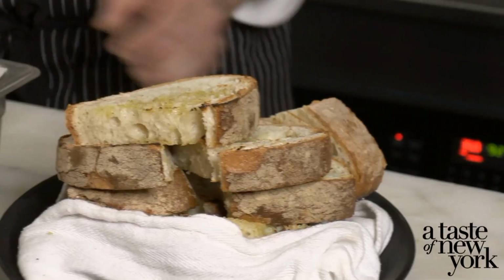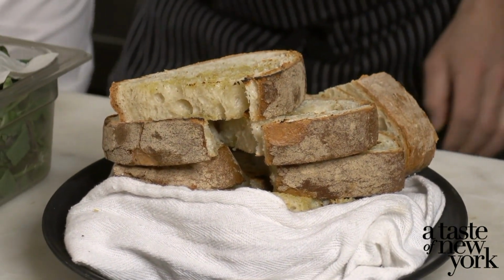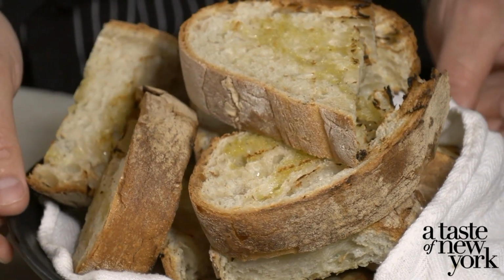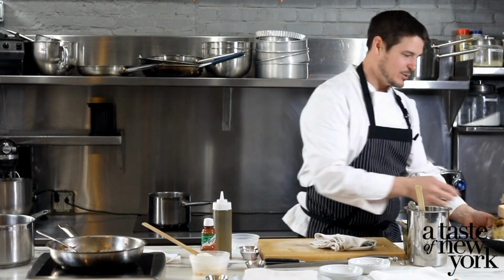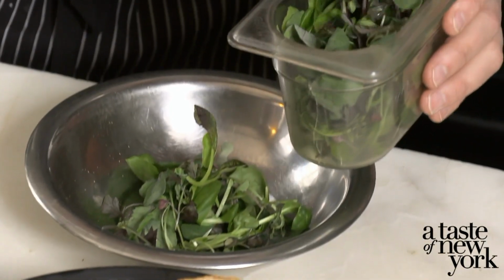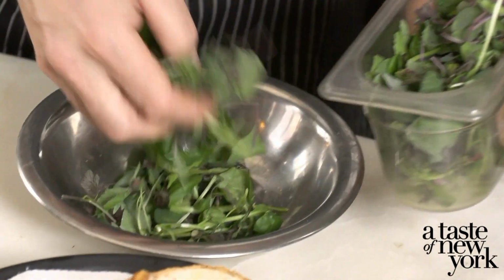As you're waiting for your feta to warm up, we've grilled off a little bit of bread, and you can do this ahead of time as long as you lightly grill it, just to have your company kind of not wait for it. And you can put that in the oven as well and toast that off at the last minute. For our garnishes that we have here for our dish, we have a little bit of our local greens,